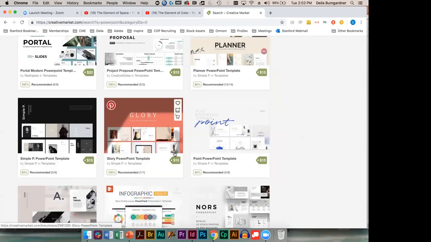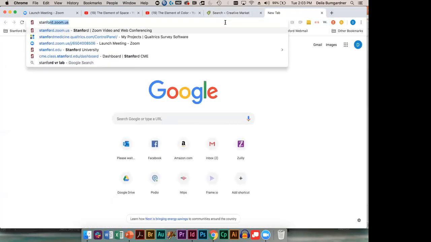How many of you actually are always bound to the Stanford template? Anyone not know where the Stanford template is? Okay, an important resource if you have not